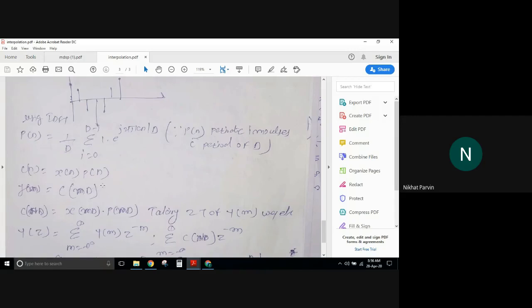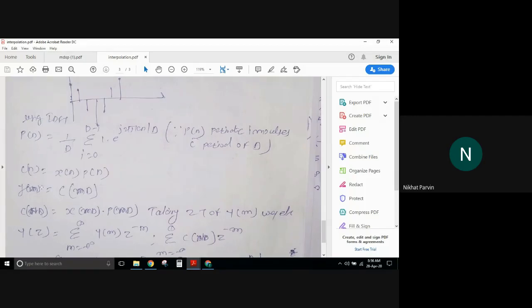When you apply the Z transform on this, I didn't do anything, don't get confused. Simply I multiply the input with the sequence and get a new sequence which includes zero and non-zero elements. Now I don't want the zero elements, only the non-zero elements. So these are the two equations. I am interested in all the samples coming with the factor of d, with the period of d. That's why I'm writing in terms of x of md, p of md, or c of md. So this is the output obtained.